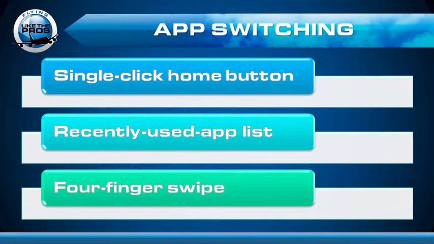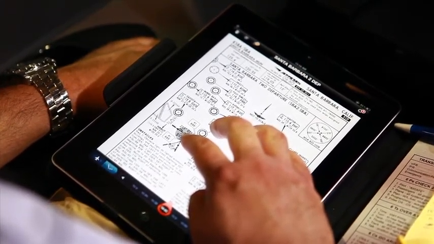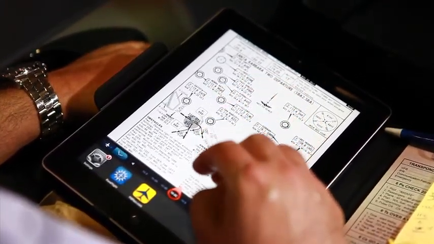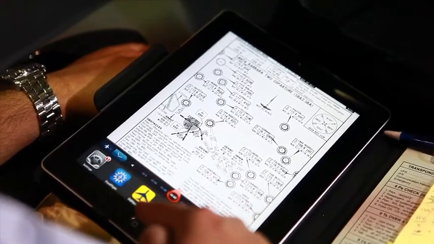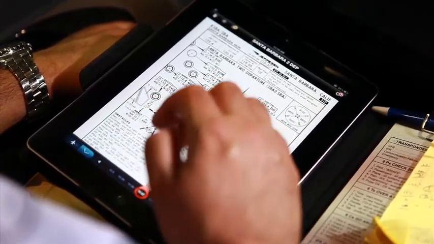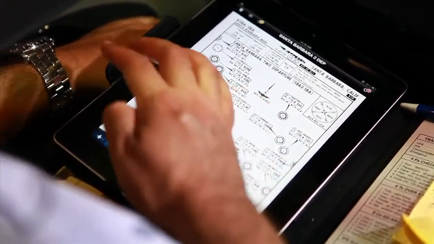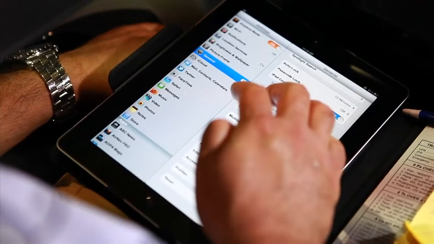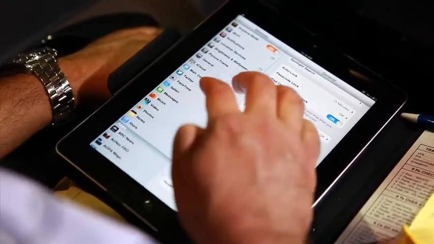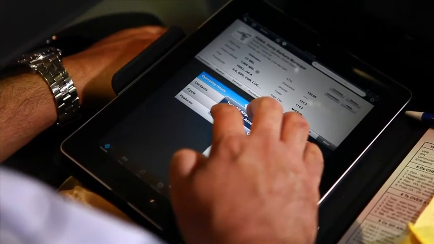And the last option we want to tell you about is the 4-finger swipe, one of the multitasking gestures we enabled in settings. And I want to bring up the most recently used app list. By taking my 4 fingers and sliding up, I can see the list. To get rid of it, 4 fingers on the screen, and I slide down. And I can change apps as well. 4 fingers on the screen, and I swipe. There's my settings. There's ForeFlight,